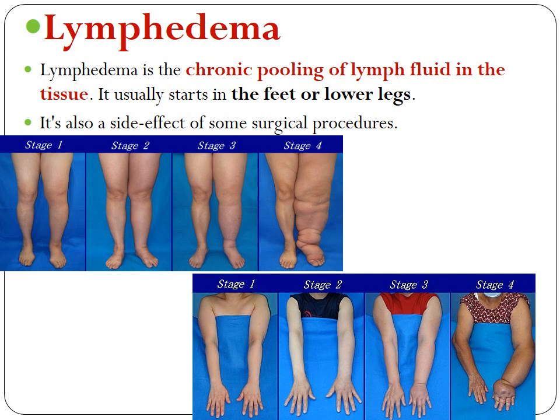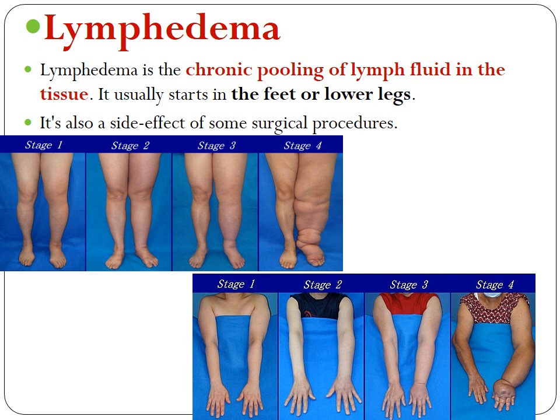Now lymphedema. I'm just introducing you to the different terminologies here, and showing you pictures of what they look like. And lymphedema is nothing but, you can see the differences here from what it begins as, how it progresses, and what it ends up to be. Okay, so in lymphedema there is chronic pooling or collection of lymphatic fluid in the tissues. You know that in the lymphatic system there is the lymph, or the fluid, and if there is a collection or a clogging of that fluid in a particular area of the tissue, then that becomes a swelling, and this usually begins in the feet and lower legs.